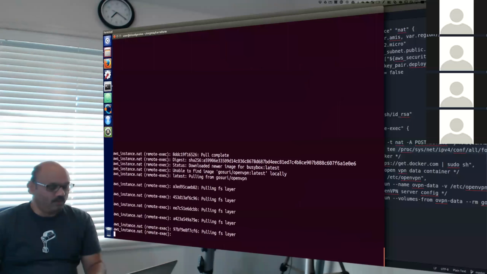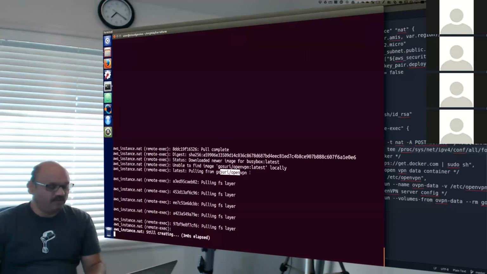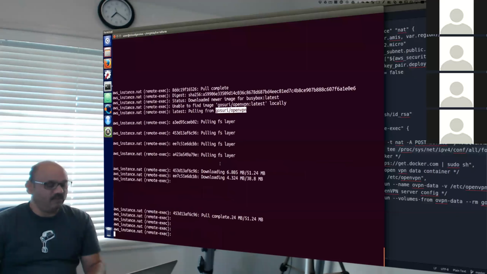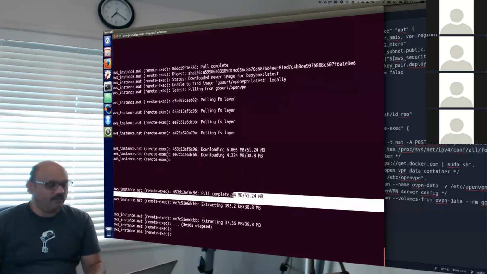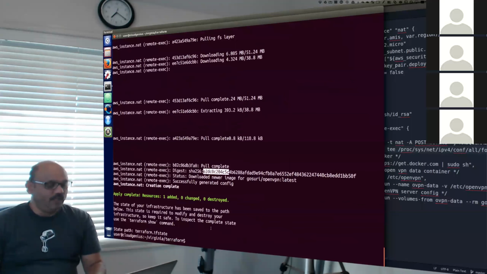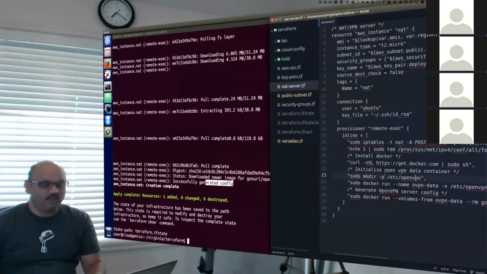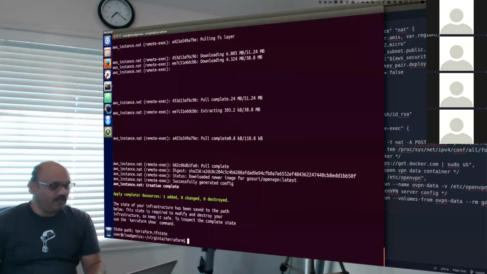Now it is pulling some Docker images for OpenVPN, and it is still creating, so it is waiting for it to finish the download of the OpenVPN image, and then it extracts, it completes the pull, then it generates a configuration. That is line number 25, 26.